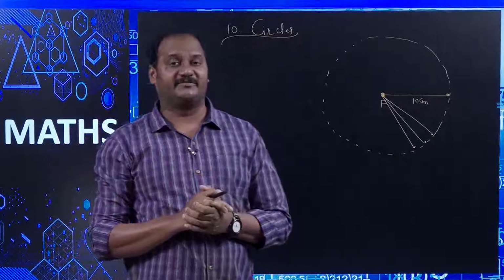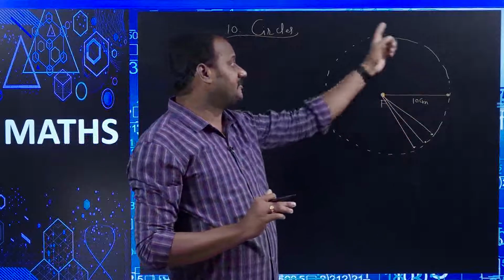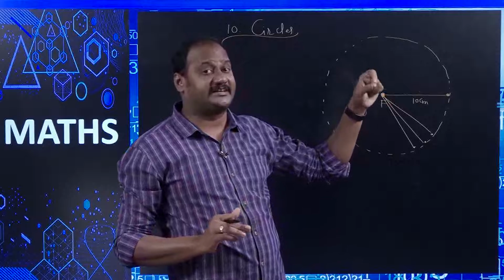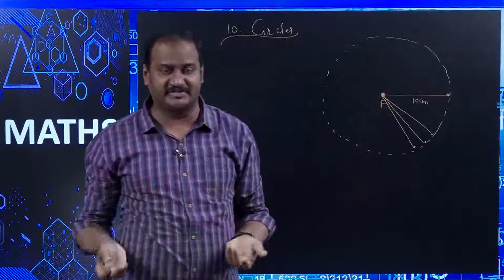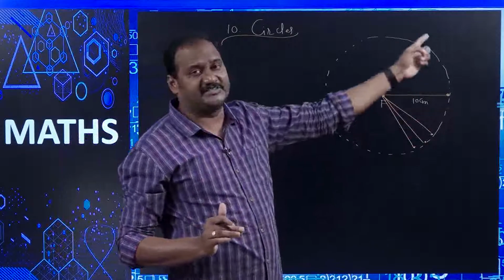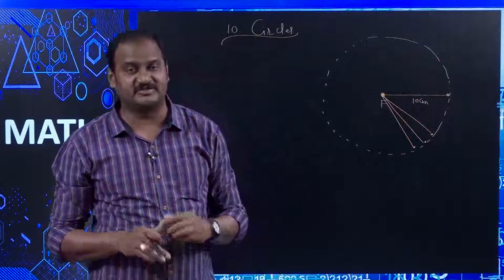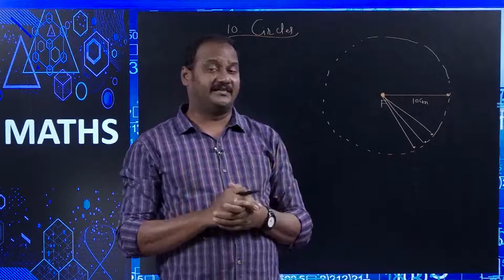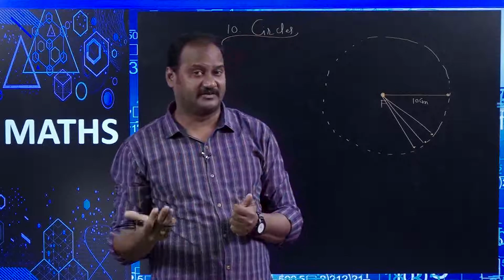So how do I define a circle? A circle is the set of all the points, the collection of all the points which are equidistant from a fixed point. That distance can be 10 centimeters or 2 centimeters or 2.5 centimeters, it can be anything. So the set of all points which are equidistant from a fixed point is said to be a circle. That is the definition of a circle. And if we can understand the definition of a circle clearly, then you can answer the questions that I am going to pose now, right.